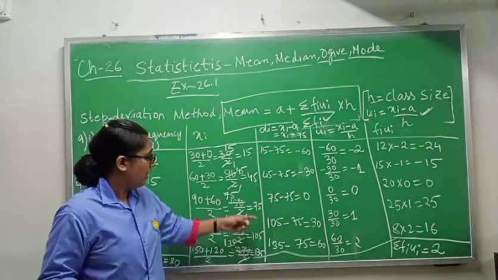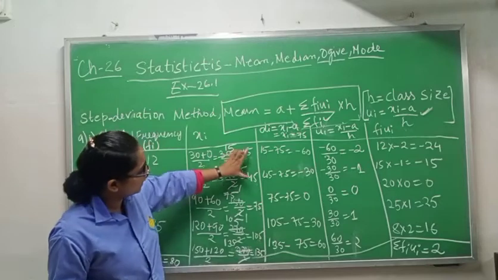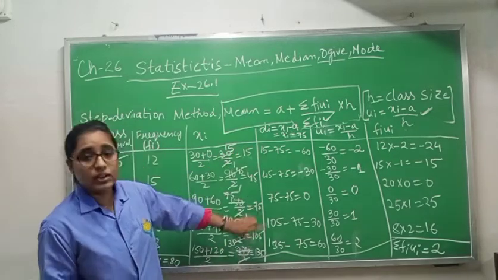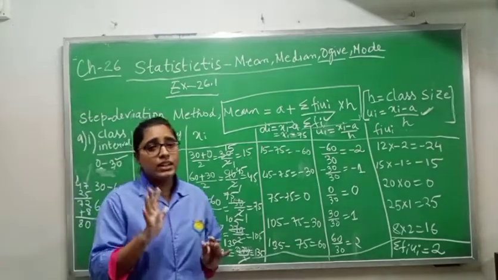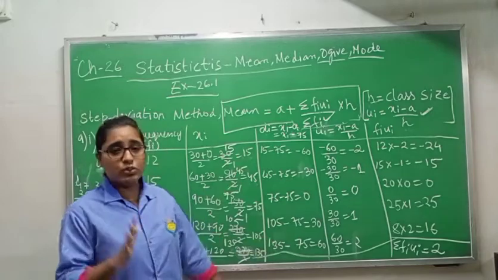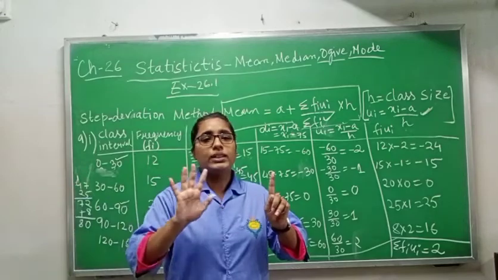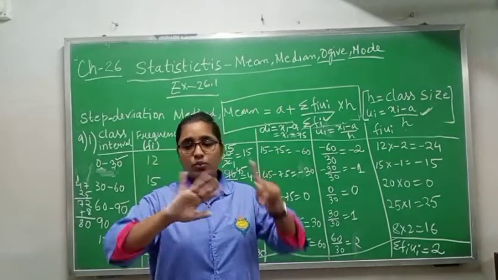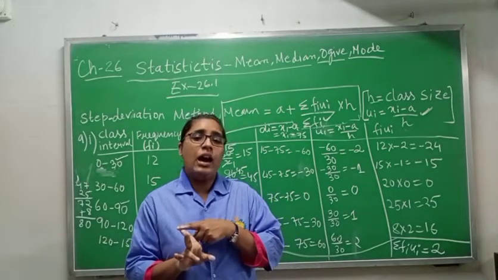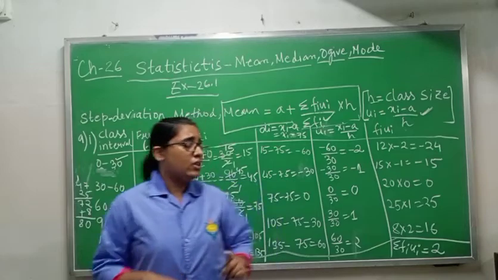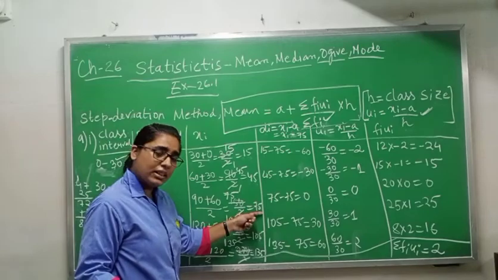Which one is in the middle? The third one, because if you see 1, 2, 3, 4, 5, there are 2 up and 2 down, and the middle one is 75. If the count is even, say 6 xi values, you can take either the third one or the fourth one. It's up to you which one you want to take. The answer will come the same in the end. Here, since it is an odd number, I can easily take a value of 75.